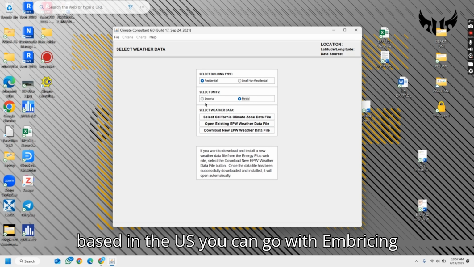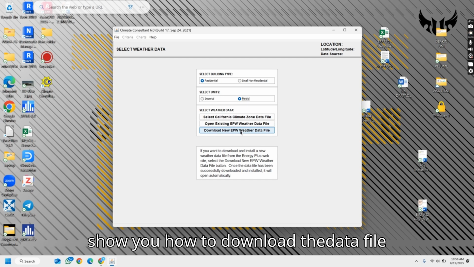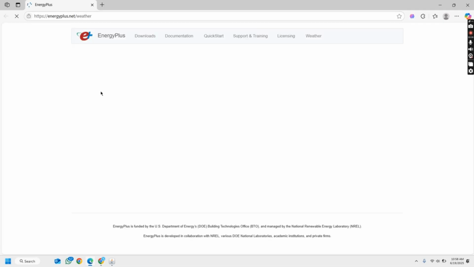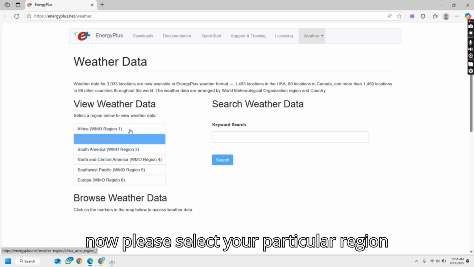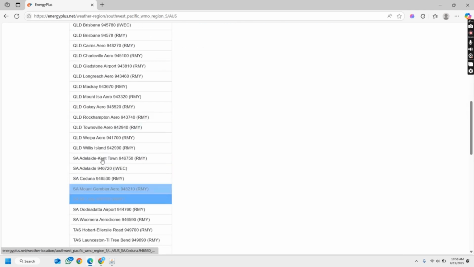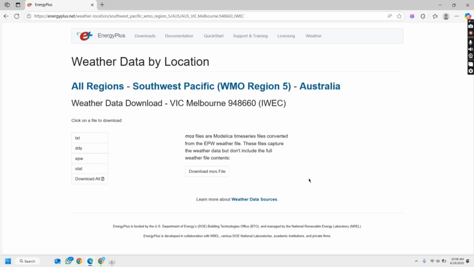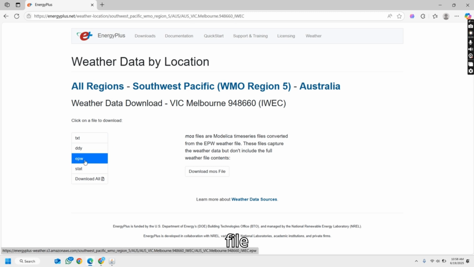If you are based in the US, you can go with imperial. I will start from scratch and just show you how to download the data file, and click on this install weather site. Now please select your particular region. For me it's Southern Pacific, Australia, and Melbourne. Make sure you download this EPW file,